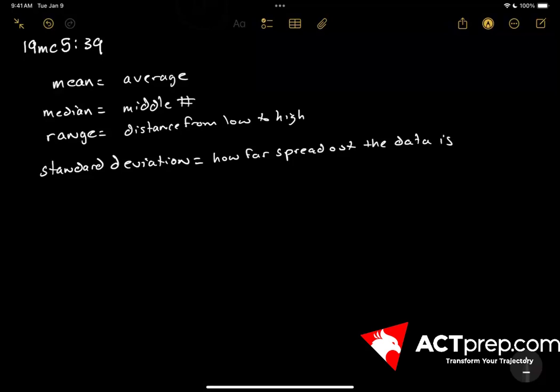5 people. The mean, median, range, and standard deviation of the annual incomes of the 5 people in the bookstore at noon are calculated and compared to the same 4 statistics of the annual incomes of the 6 people in the bookstore at 12:15. If it can be determined, which of the 4 statistics changed the least? So to be able to answer this question, you need to know the definition of these 4